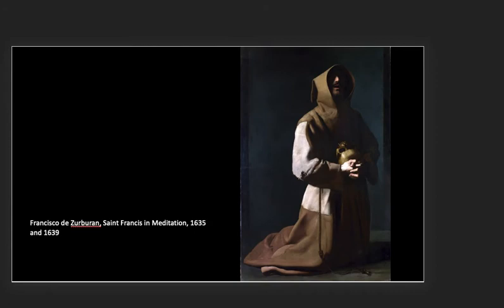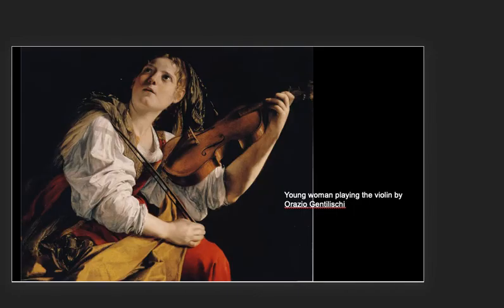And of course he was Spanish, and going on in Spain at the same time during the Baroque era was Francisco de Zurbarán. Zurbarán's also one of my favorites, truly Tenebrist. He painted a lot of highly Catholic, really intrinsically Catholic images, ardently religious. Orazio Gentileschi, that is the father of Artemisia Gentileschi, that's an example of his work there. I believe it's a little trimmed, a little cut off, but truly beautiful image of a woman playing a violin.